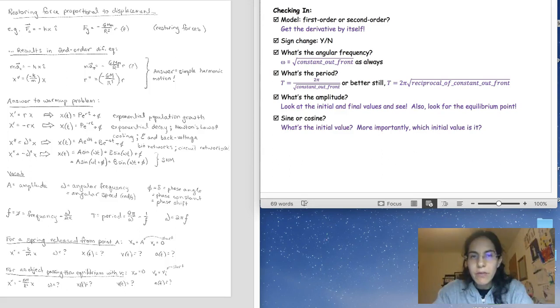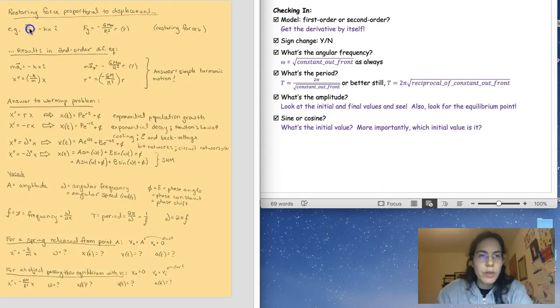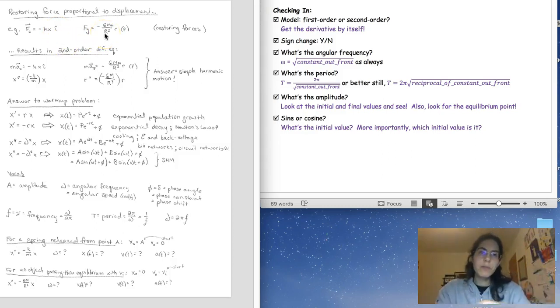I'm going to summarize everything that we were supposed to finish up last week, but we were interrupted with national news and a school closure. Start with any problem with a restoring force, specifically a restoring force that's proportional to the displacement. Hooke's law is one such example, F equals negative kx, in the horizontal direction. We've seen another force that's proportional to displacement in the case of the gravitational field inside